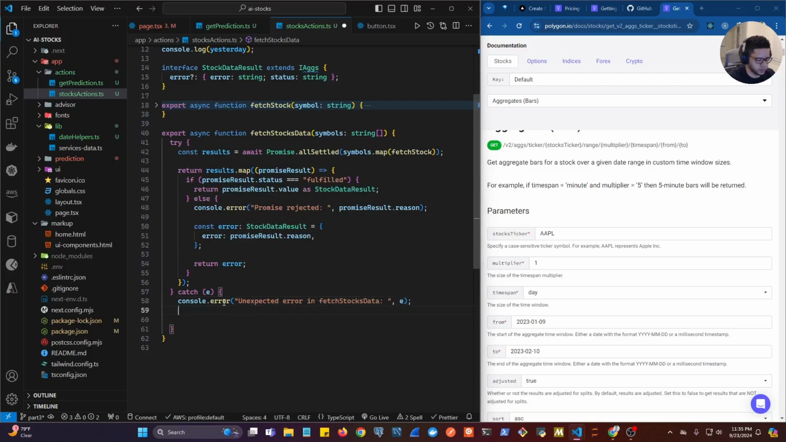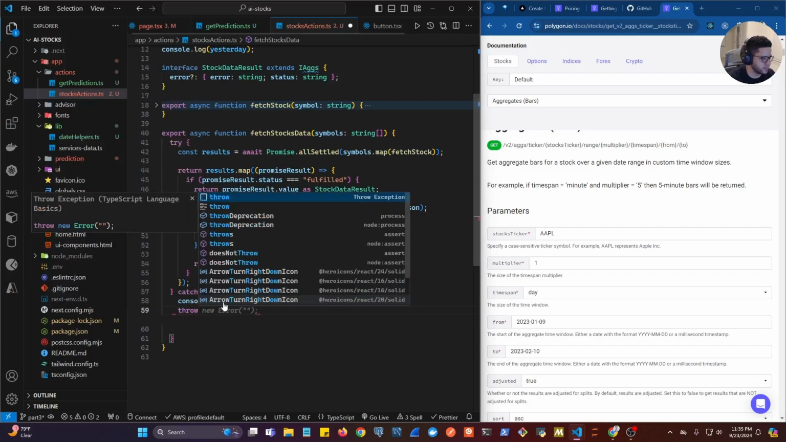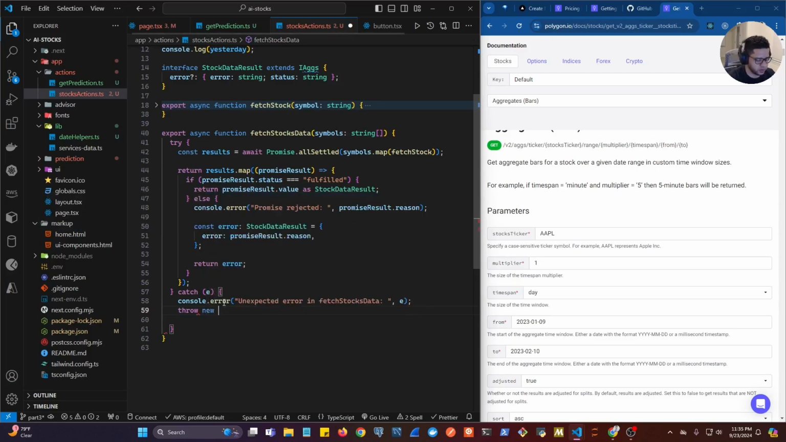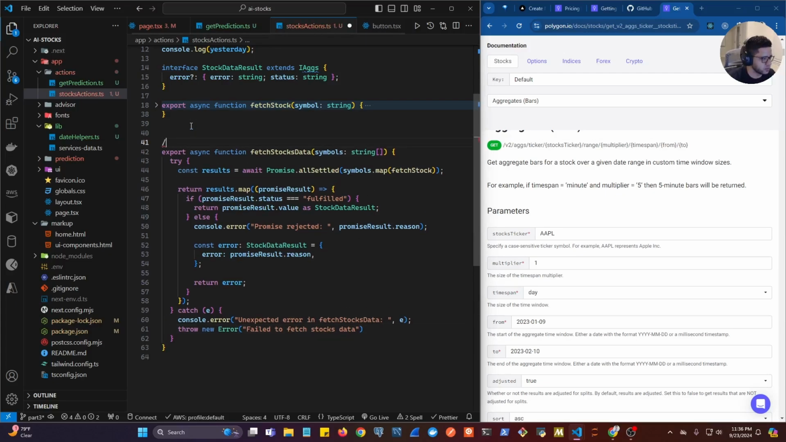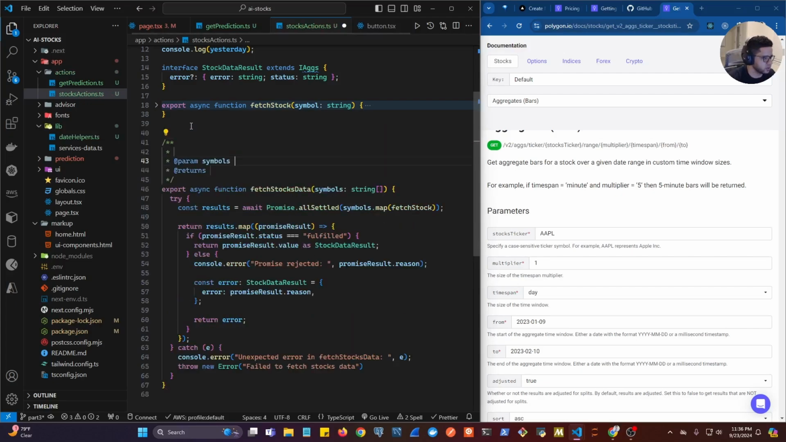And then we're going to throw a new error. And if we throw an error here, it is because we failed to fetch stocks data, so we don't continue if something goes wrong inside of this function. Let's put the doc string, let's do /** and go in here and say